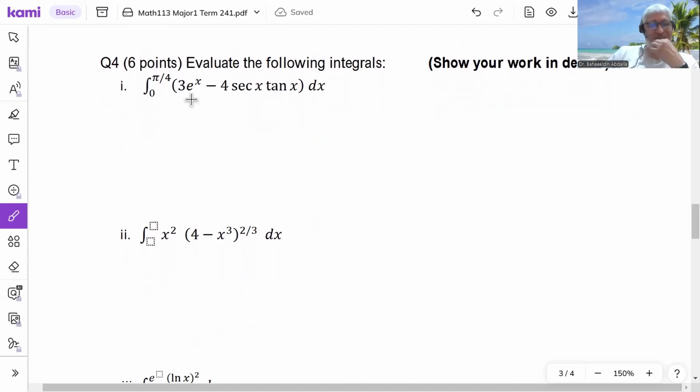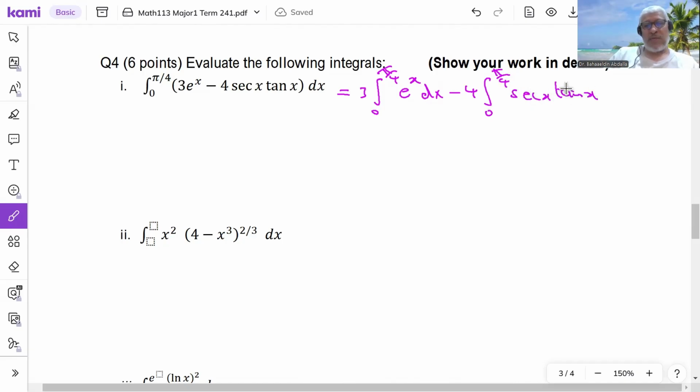Evaluate the following integrals. Well, I have 3e^x. I know the integral of e^x, and there is a constant. I take it outside. Secant tan, also there is a formula for the integral of secant tan, and the integral works with the negative. I can distribute the integral, so I can say that this is equal to 3 times the integral from 0 to pi over 4 of e^x dx minus 4 times the integral from 0 to pi over 4 of secant